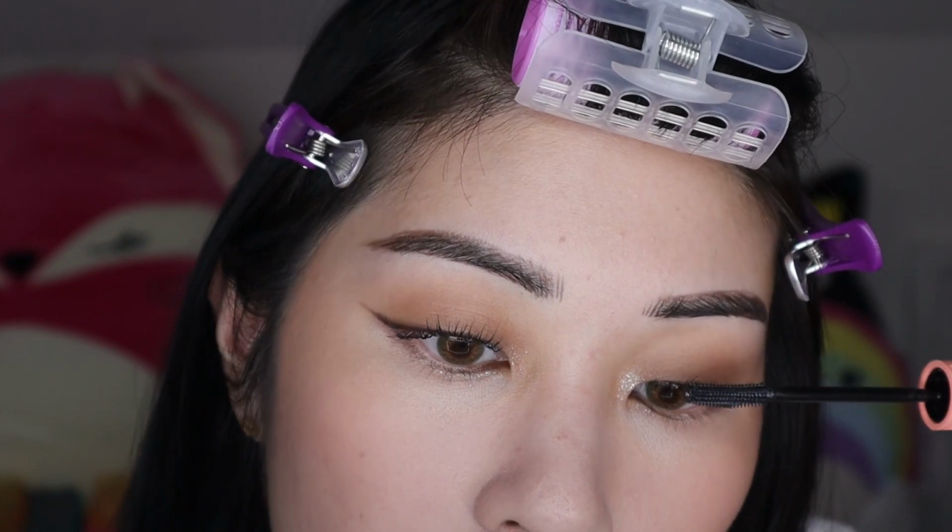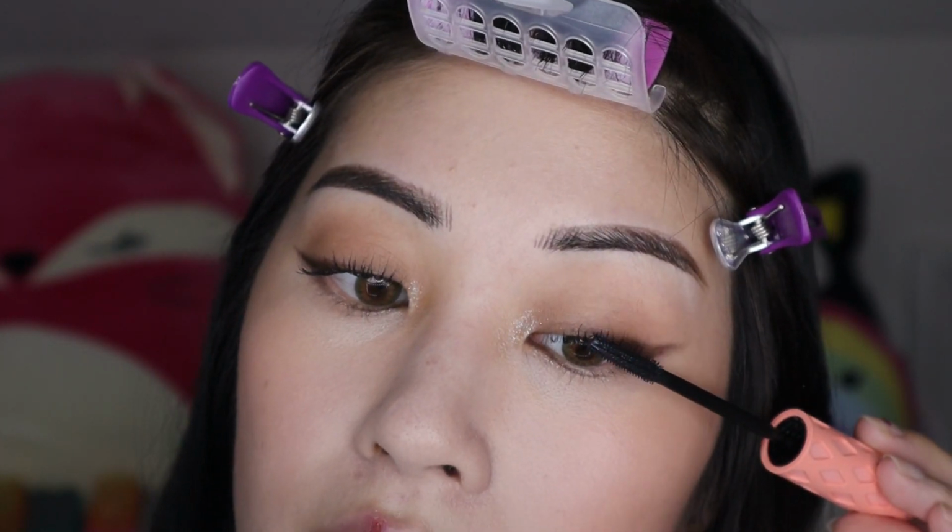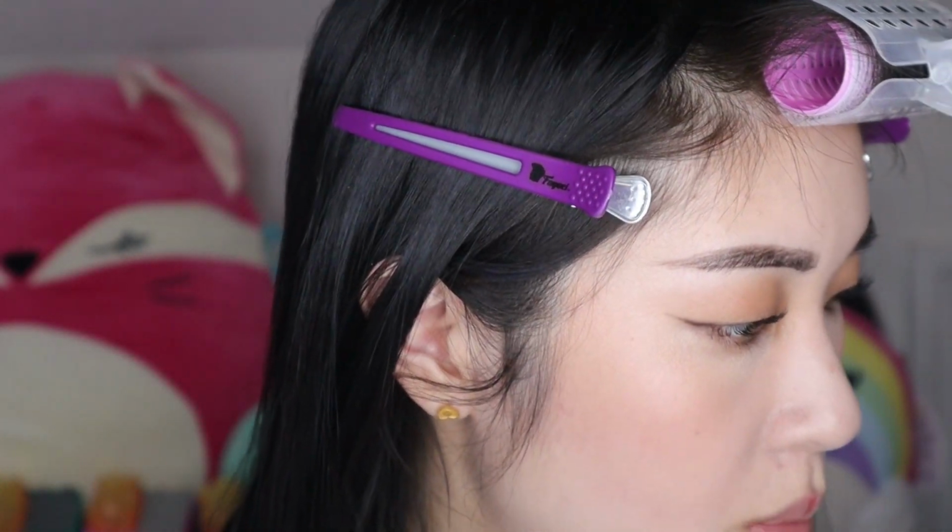I need to get one of those meme-worthy Chinese mascaras that you can use to make lashes all the way down your face or up to your hair. Okay, so I added some length with roller lash, so now you can see my eyes look a little more balanced. So now I'm gonna take brown mascara for my lower lashes, and for that I currently